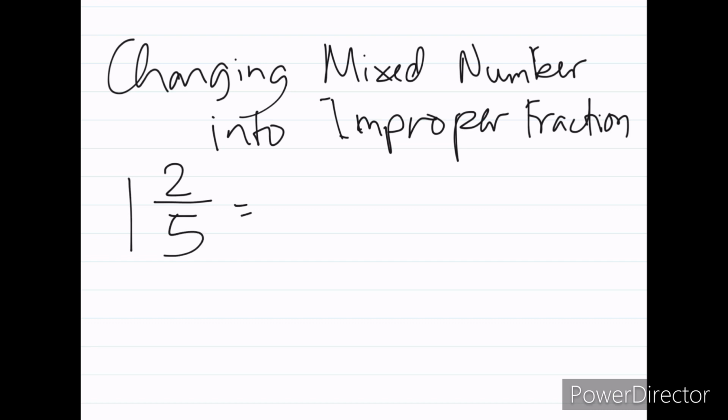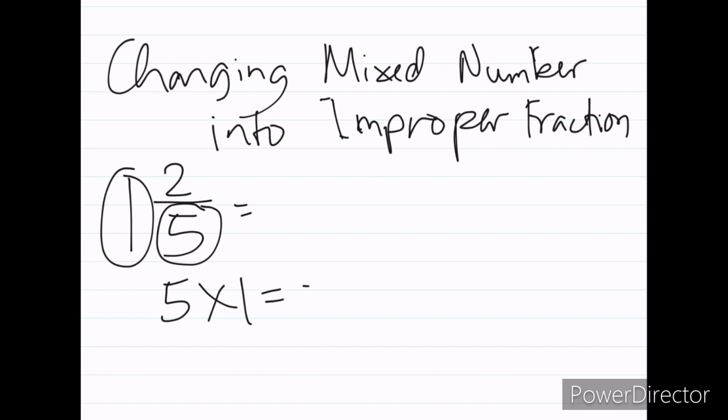How are we going to do that? First, multiply the denominator and the whole number. So this is our denominator and this is our whole number. So 5 times 1 is equal to 5. Then, add the numerator to the product. So this is the product of our denominator and the whole number. Then, our numerator is 2. So 5 plus 2 is